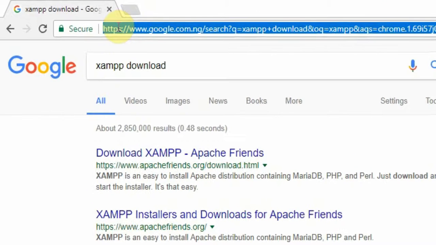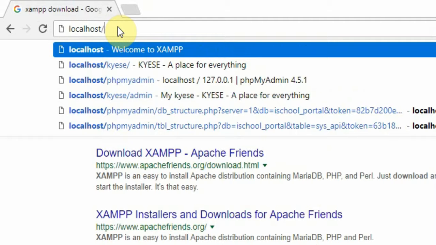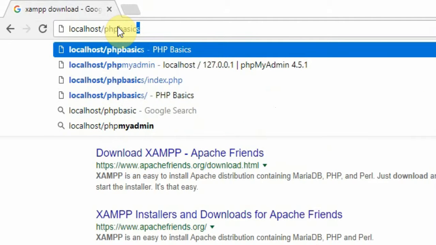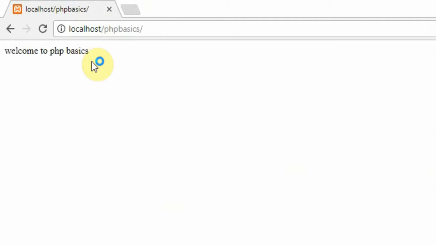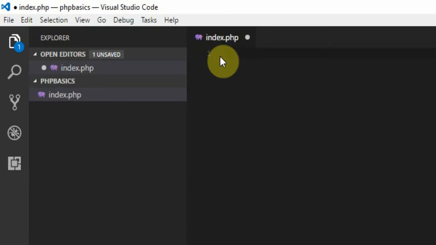So here I'm going to type localhost because my server is on. Type localhost and PHP Basics. Hit the enter key. So you can see it outputs my result, and my result is there. So I'm going to clear this for now and